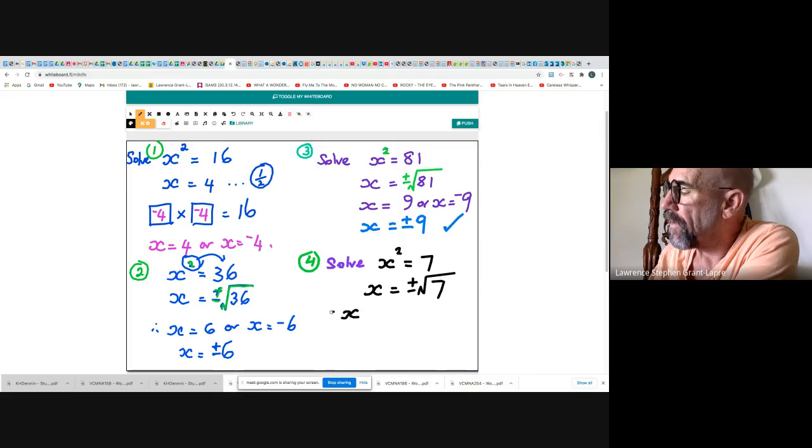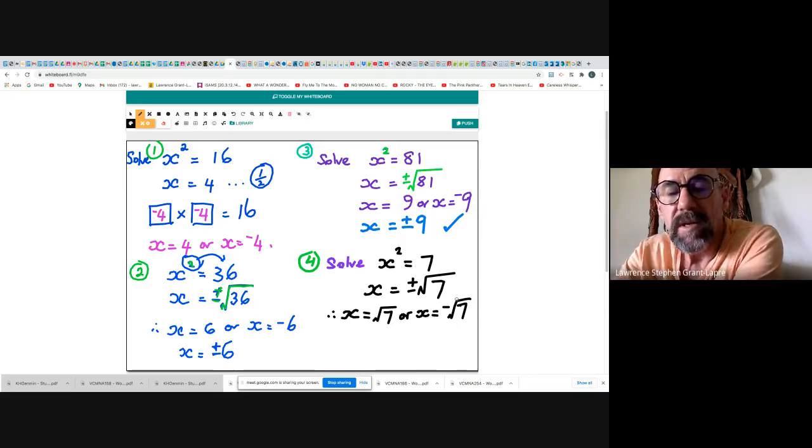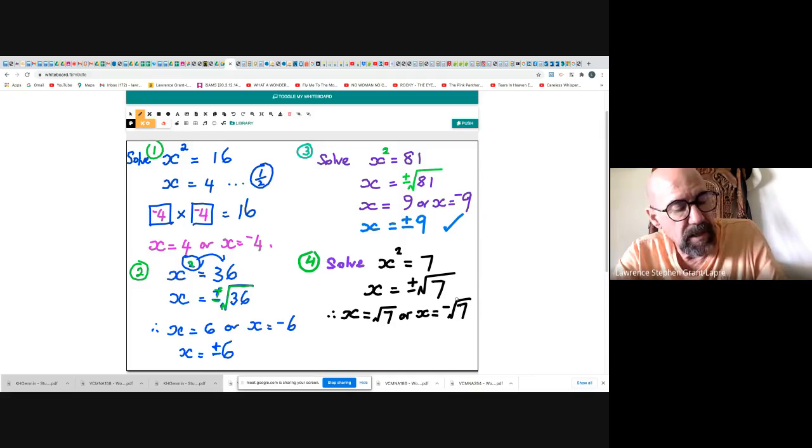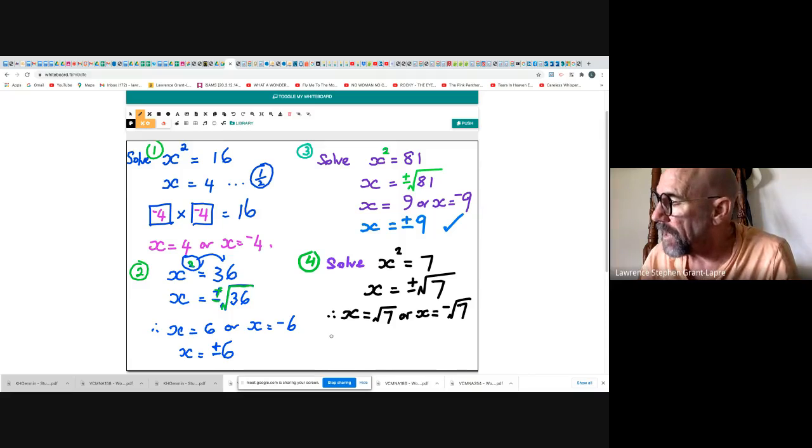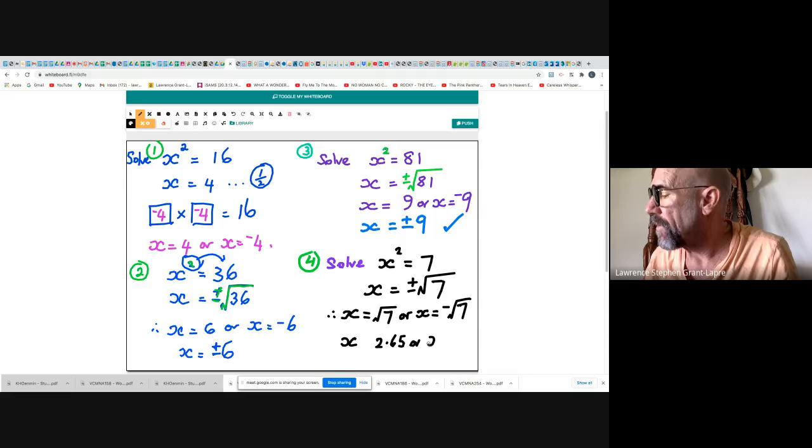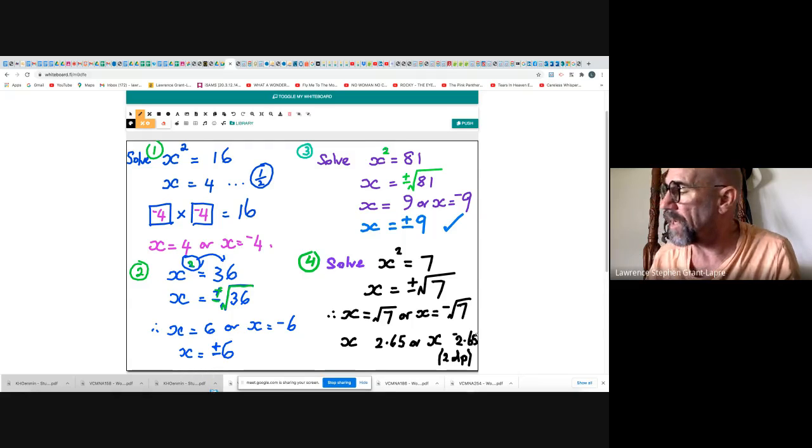So therefore, if you wanted to write them separately, x equals root 7, or x equals negative square root of 7. And that's all you can do. Of course, you can get your calculator and get the square root of 7 on your calculator and say 2.64. But if you write 2.65, or negative 2.65, rounded off to 2 decimal places, it's important that you say, first of all, that it's rounded off to 2 decimal places, and you